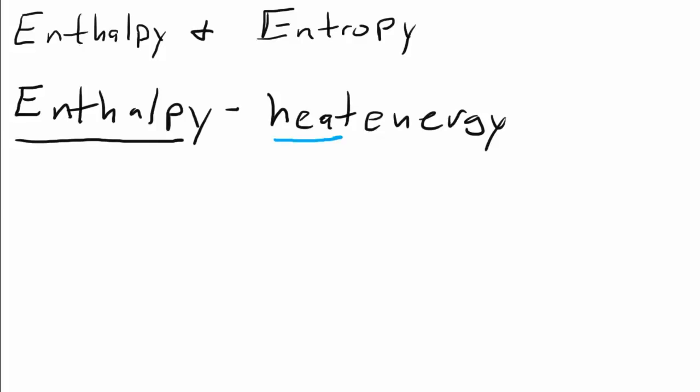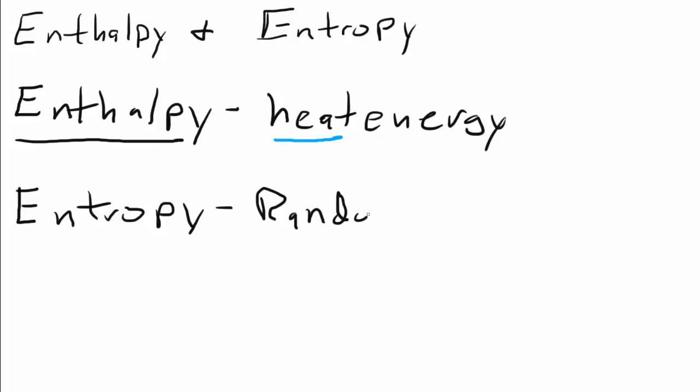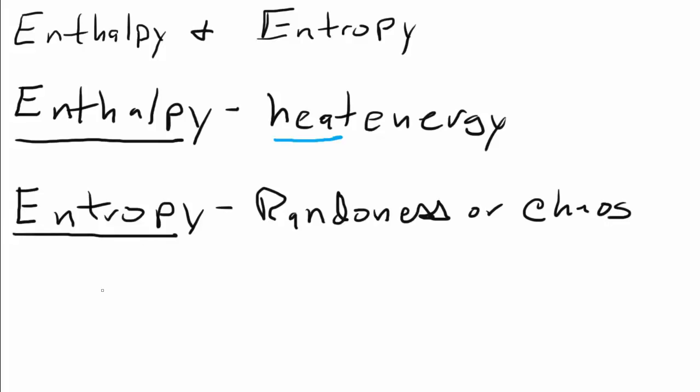And so then we have this other weird term that I don't think I've talked about at all yet, and it's called entropy. And this is a vocabulary word that we use to describe the amount of randomness or chaos in a system. This one's a little bit harder to understand. It's a little bit more foreign, I think.